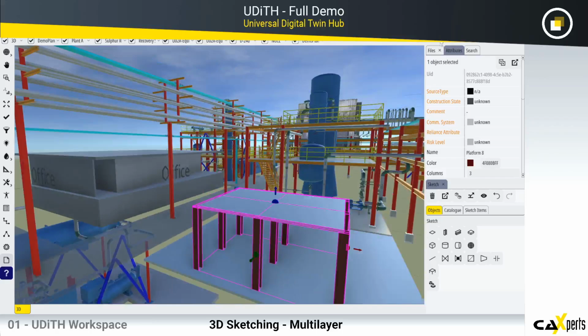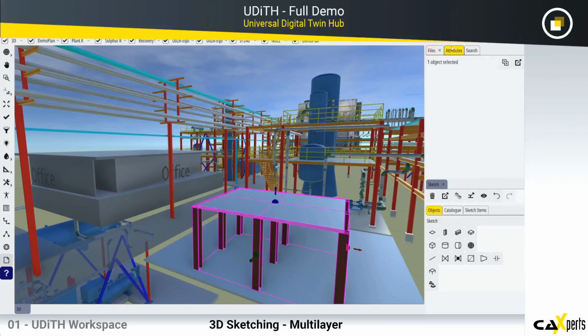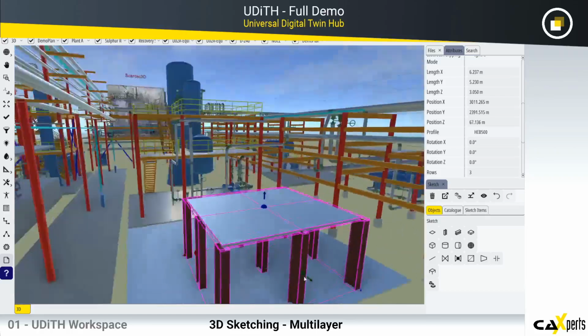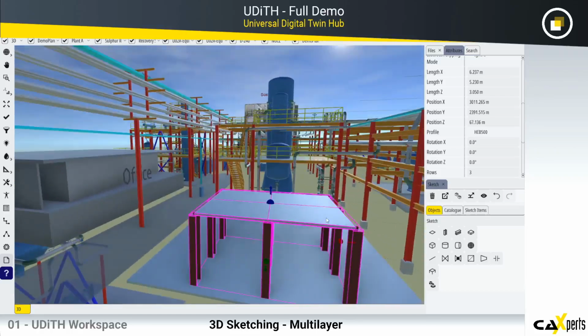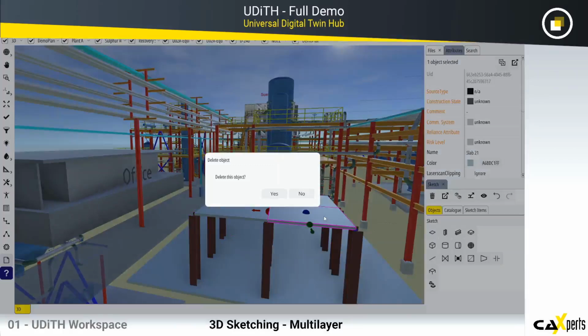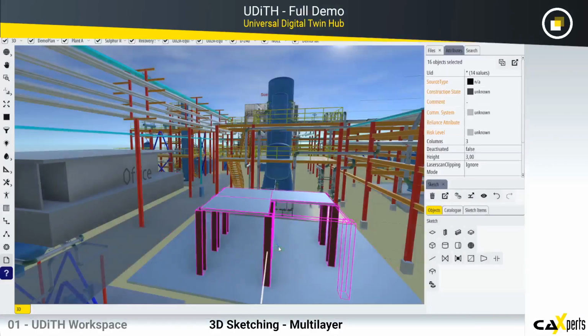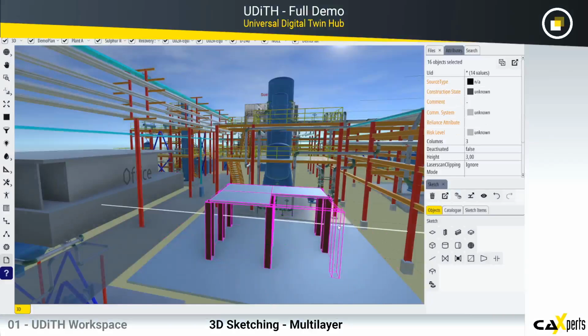And whilst I do so, under files, under attributes, I could also go to the actual profiles used. In this case, it's the HEB 300 profile. So let's take HEB 500, and you see instantly how my columns have changed the diameter to match the new setting. So now, after I have my structure here, let me remove these parts and perhaps select everything, use the arrow keys to put it in place